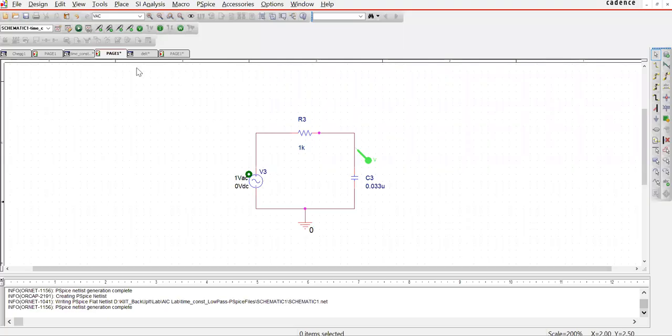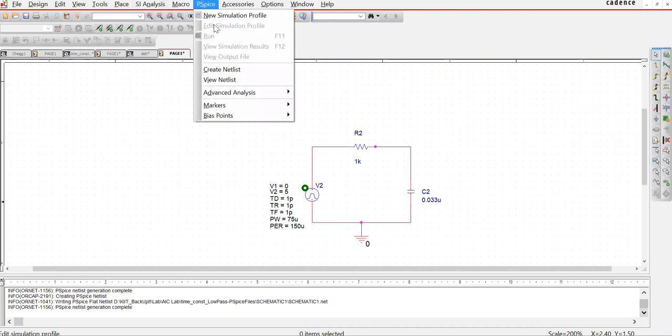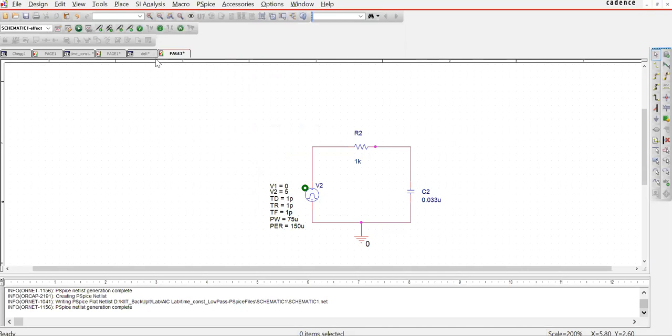Okay, now let's see the effect of the time constant on the circuit. So to see this, let's set up another new simulation profile. Now edit simulation profile.